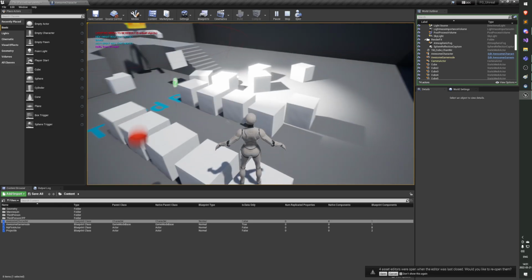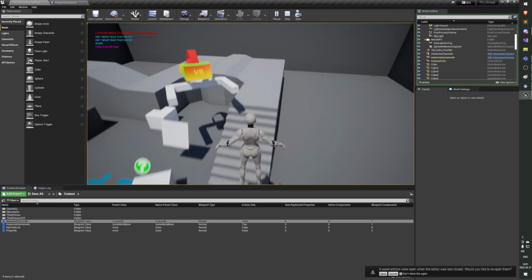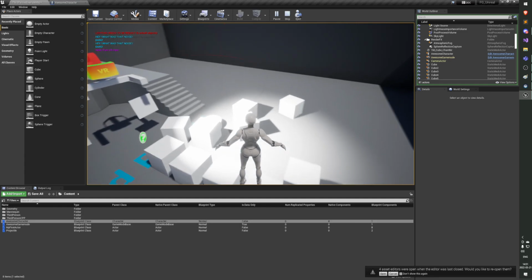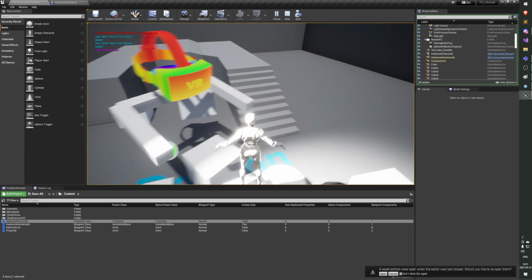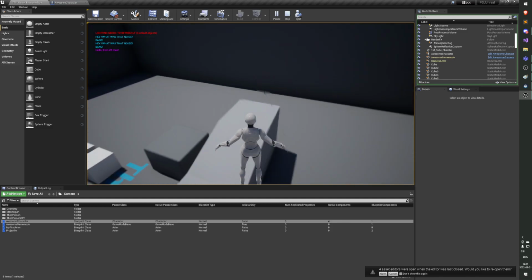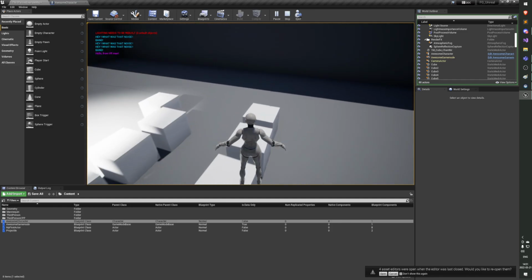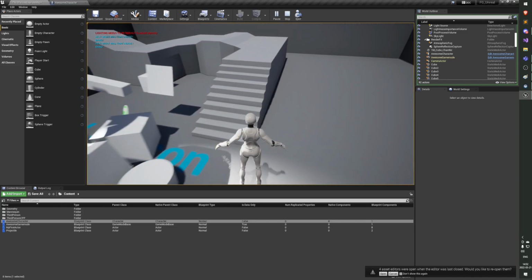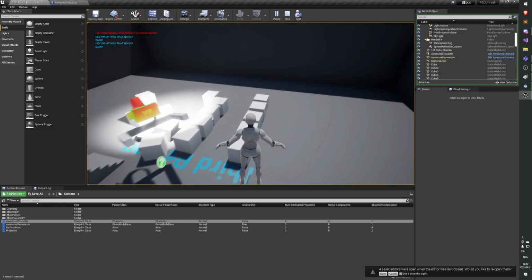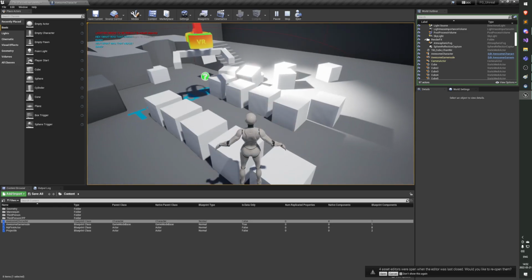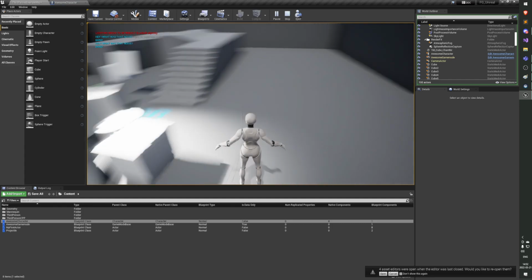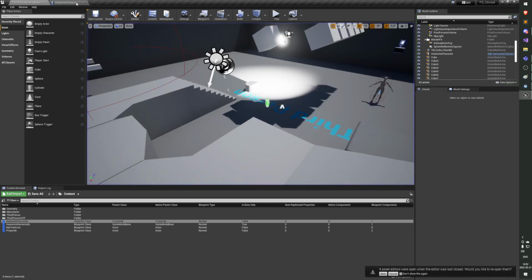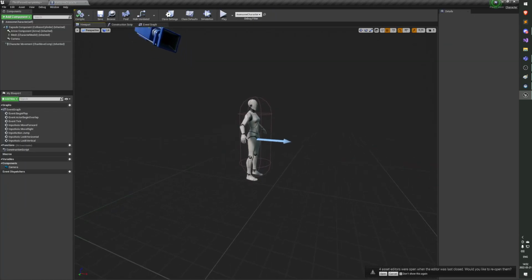So the problem there is that this kind of thing, it's kind of like a little magic box, right? Like we've been interacting with some sort of black box that just does a bunch of magic for us. We suddenly add movement input and add control yaw, and it just works. And yeah, it is kind of tied a little bit to the pawn actor structure. So if we actually go into awesome character here